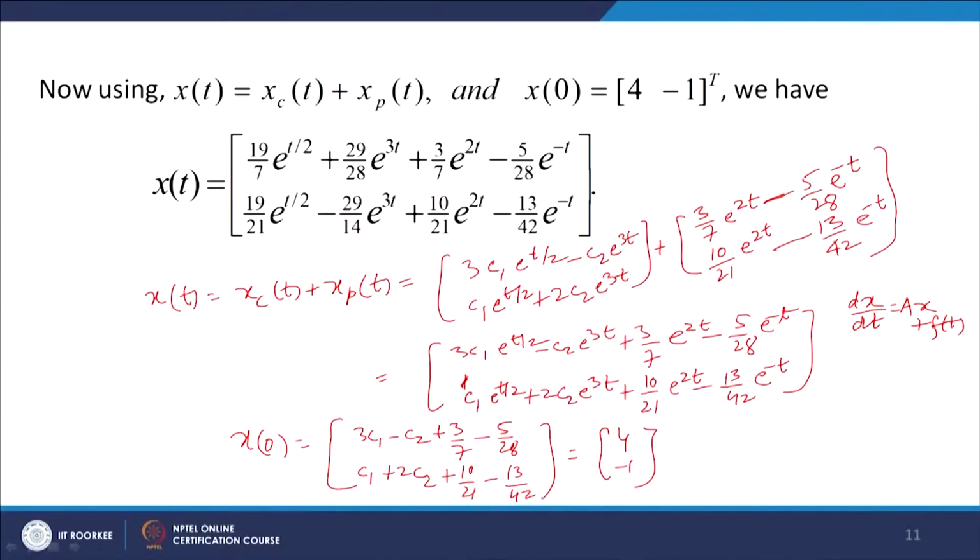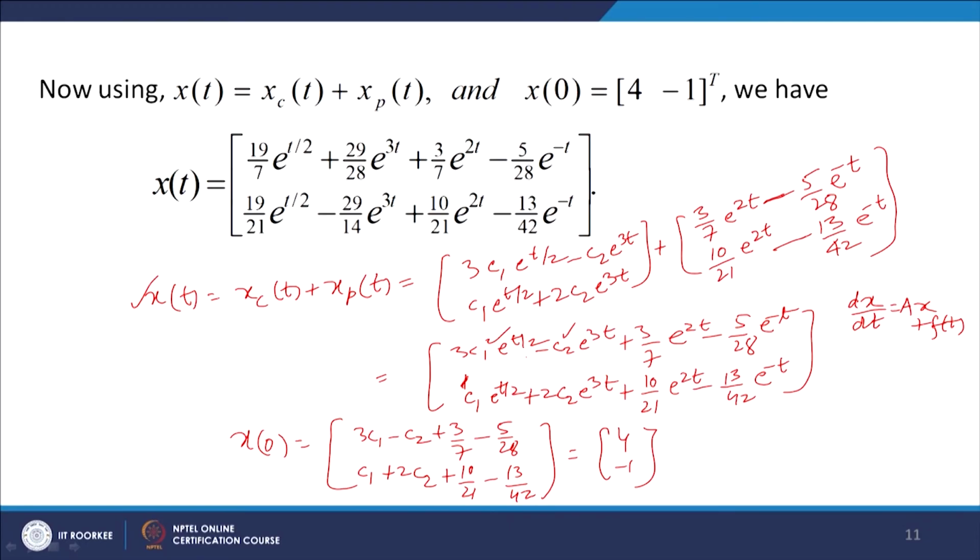So, these are two linear equations in two unknowns c1 and c2. We can determine the values of c1 and c2 here, and then put them in the general solution. Okay. So, when you put the values of c1 and c2, you arrive at this solution. So, X(t) equal to 19/7 e to the power